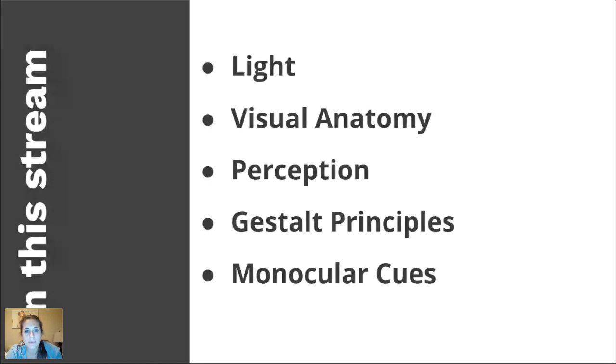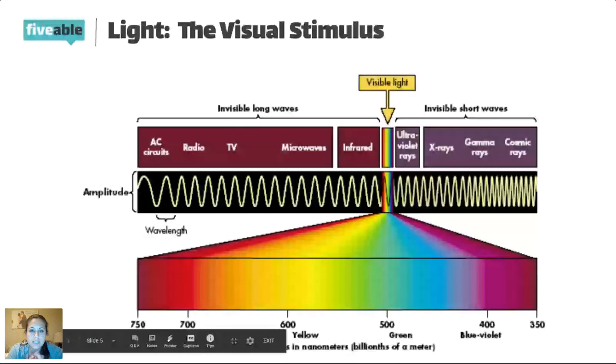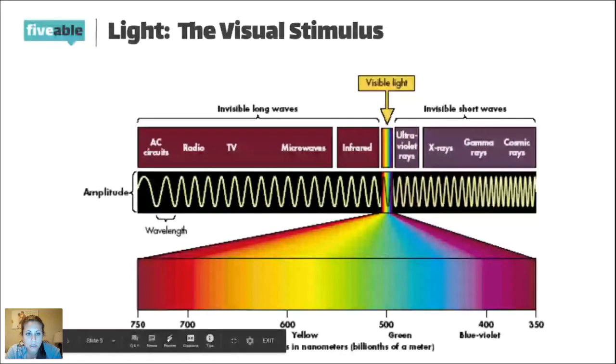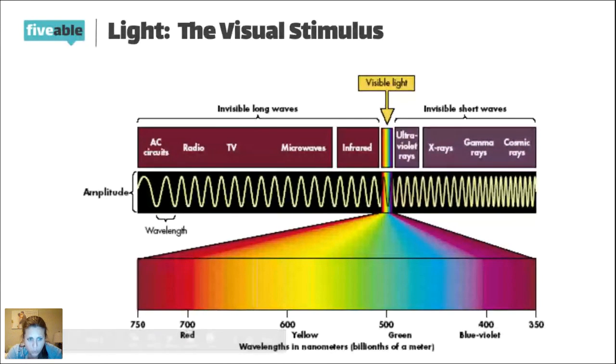So the first topic is light. You do need to be somewhat familiar with the visible light spectrum. If you remember as a kid, the Roy G. Biv to help you remember the rainbow, that is going to be useful for you as well in AP Psychology, because that talks about the visible light spectrum, the light that we can actually see, the